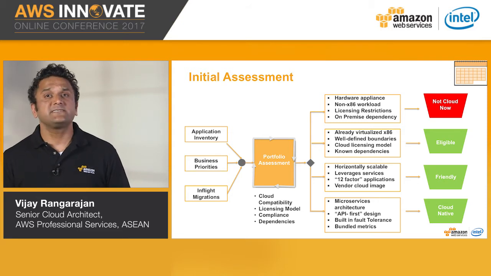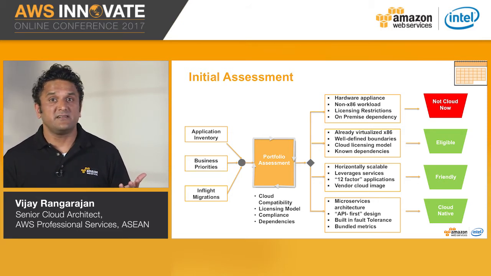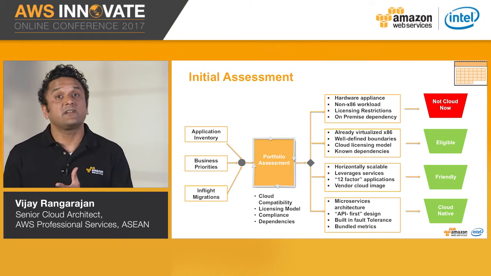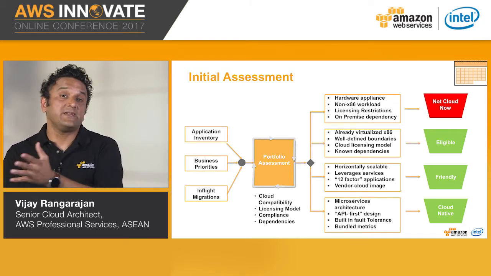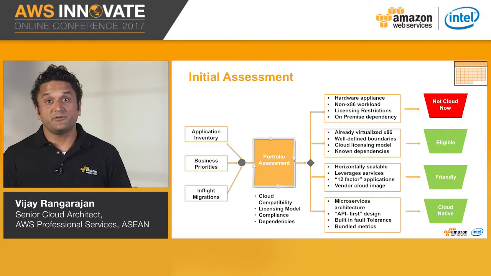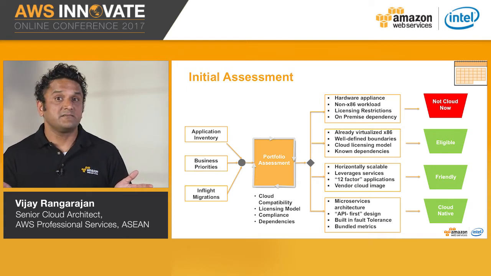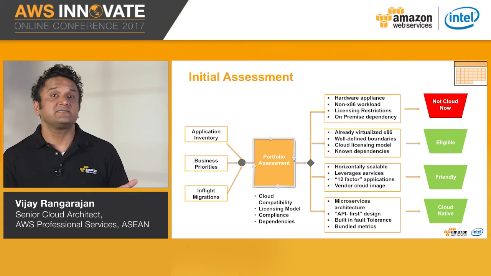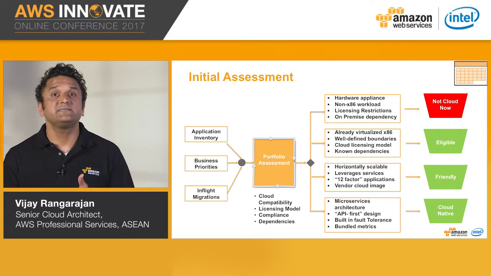You could also look out for systems which are already virtualized, running in well-defined boundaries, have known dependencies and have a good cloud licensing model, because they could be easier to move. The other approaches are to look at applications which are horizontally scalable, which have a good reputation of moving to the cloud. And most newer applications have microservices architecture and an API-first design,